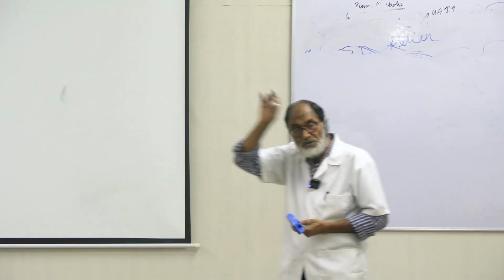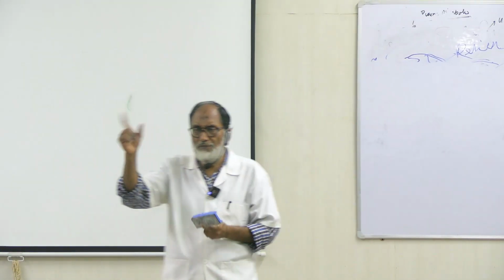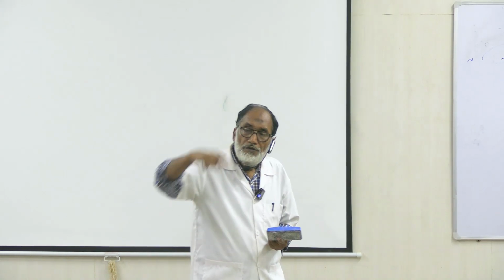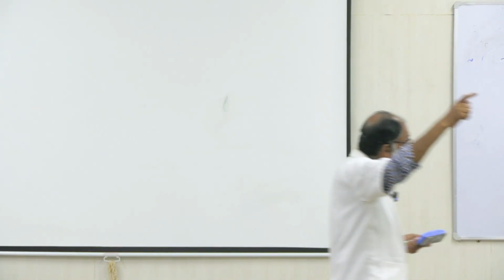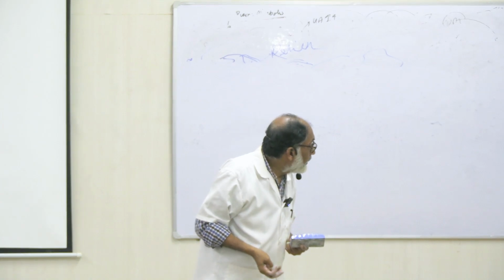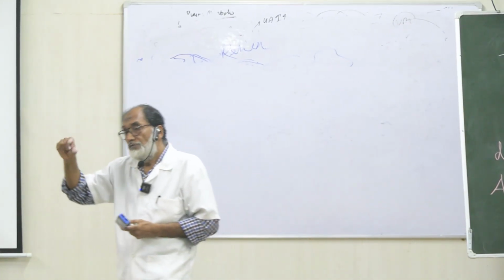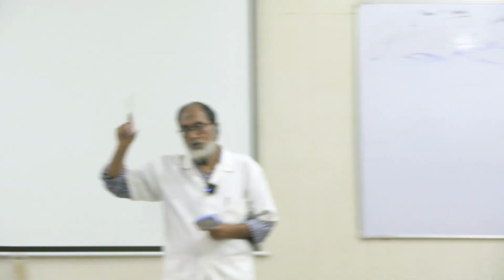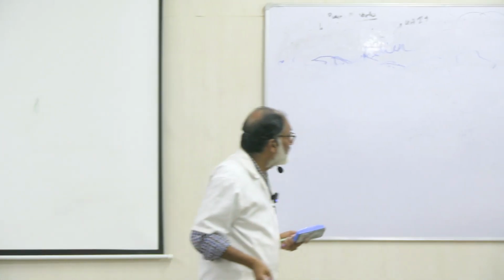The first part gives off 5 branches. Number 1, deep auricular. Number 2, anterior tympanic. Number 3, middle meningeal. Number 4, accessory middle meningeal. And the fifth will be